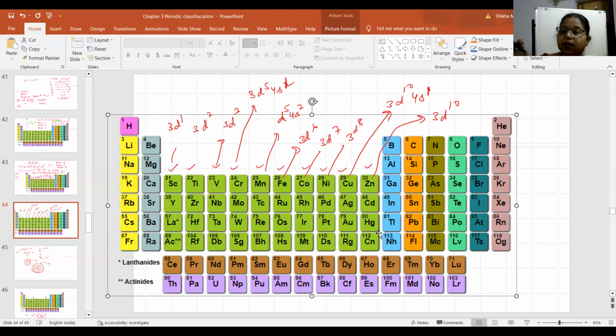Till 30, you were asked to do it in class 10. Very fair. But in class 12, I'll ask you for S and P block. Don't do it for D block, because D block is an entirely separate chapter in your class 12 syllabus. D and F block elements you can search on NCERT, it is there. So there you have to remember them anyways, but only the first transition series, as I have told you. Again, the purpose was to make you understand. If you remember the first one, by the time of class 12, it will be easier for all of us to learn the second one also.